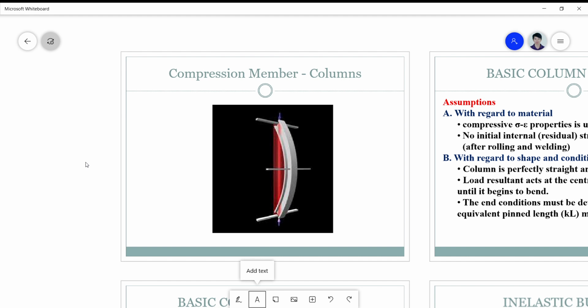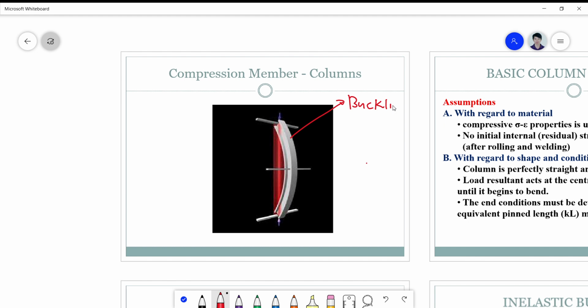So for the compression member, the failure consideration is more focused on what you call buckling. Okay? So as you can see here in this figure, the column bends either way on the two axes,